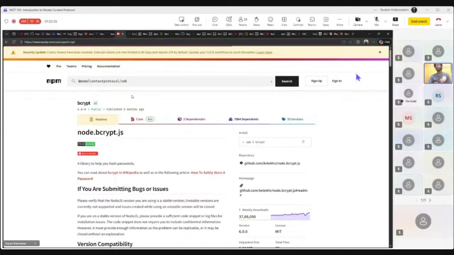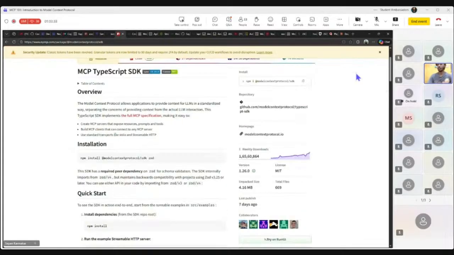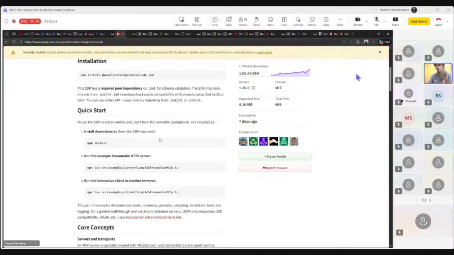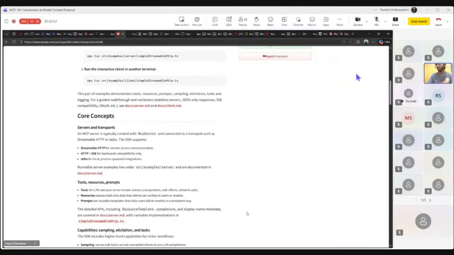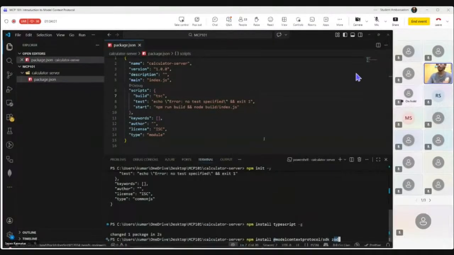So you can see you can get all the documentation from up here also, right? To create your MCP server, expose resources, prompts, tools, and build MCP clients as well, and use standard transports like STDIO and streamable HTTP as well, right? You can read all the documentation from up here also, on npmjs. Okay, so coming back to the VS Code that we are going to have,